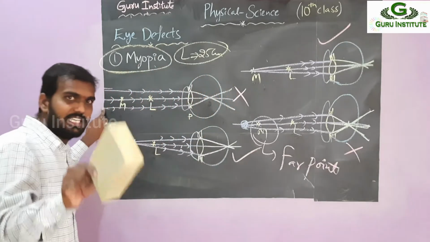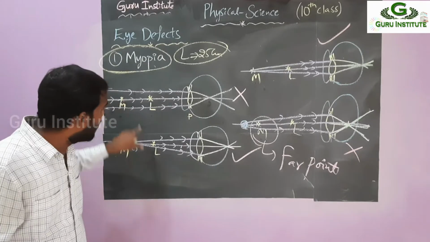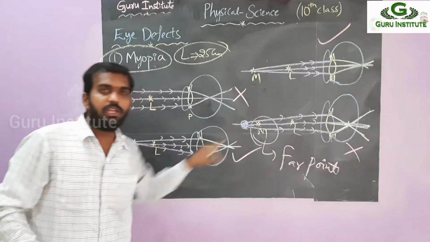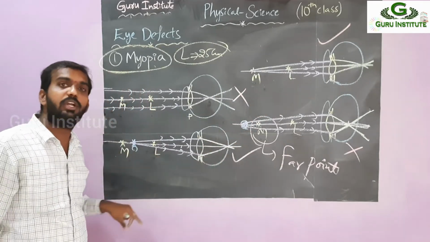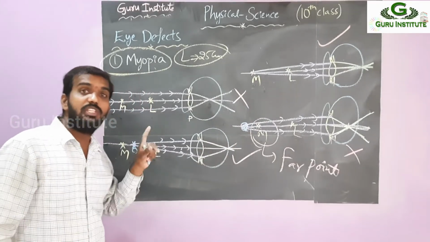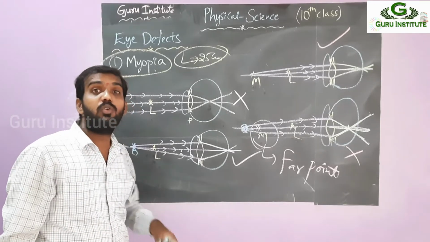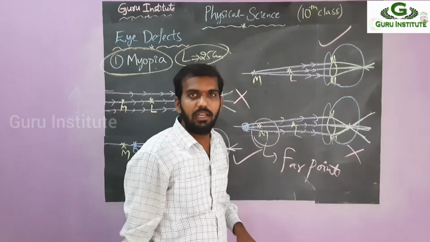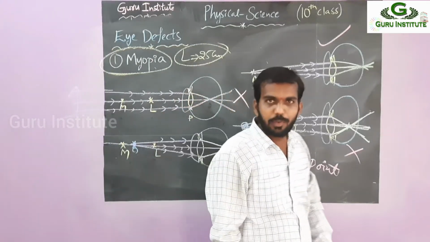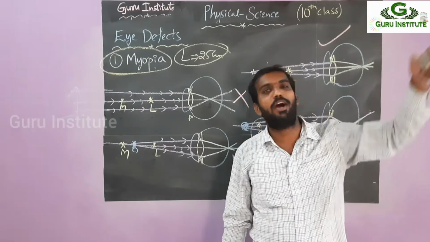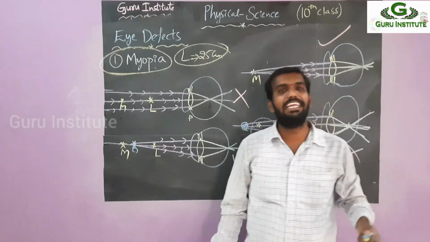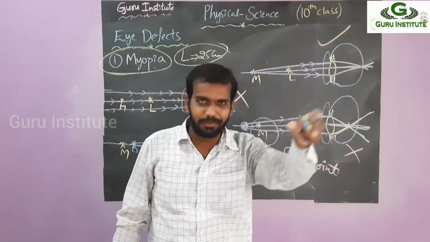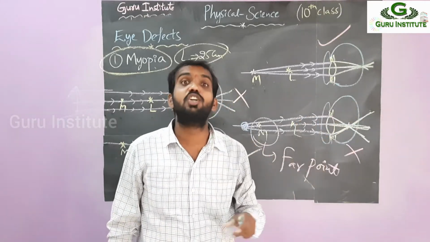After M you can't see, right? But from M, and between M and L, you can see or not? From M and before M, that means between M and L, you can see the objects, right? So that's why we have to shift the object from after M to between M and L. It is possible to shift the object. Suppose I want to see a hill point, or a tree which is a large distance from me. Is it possible to pick up the tree and keep it between M and L? It is not possible.